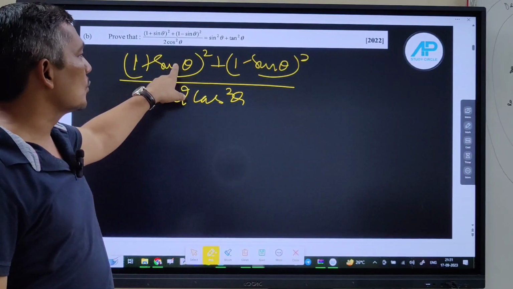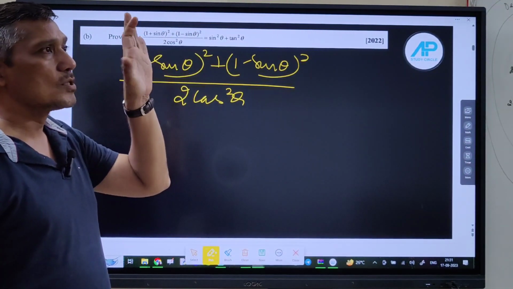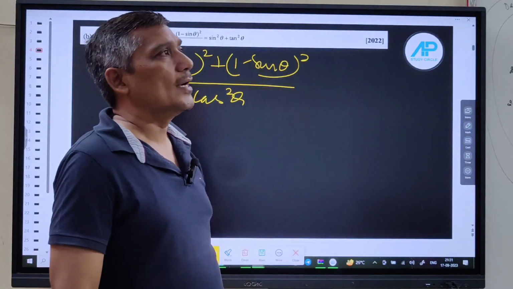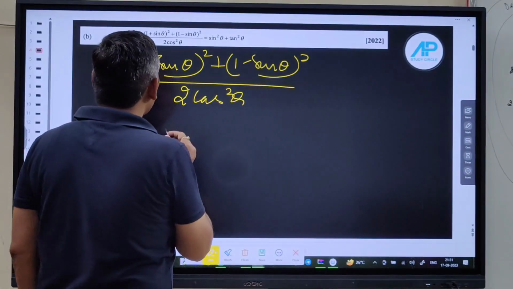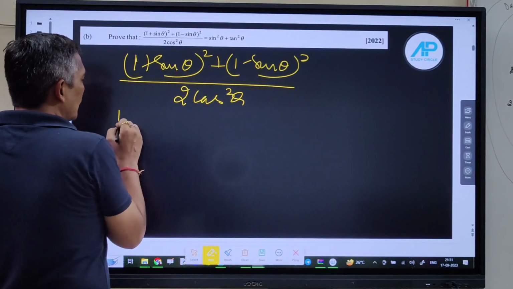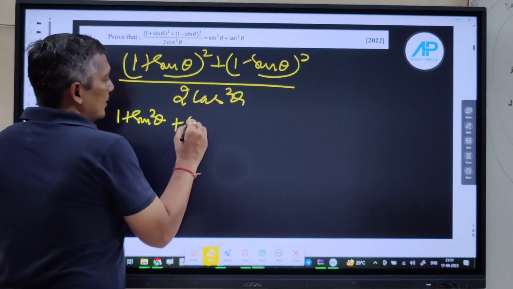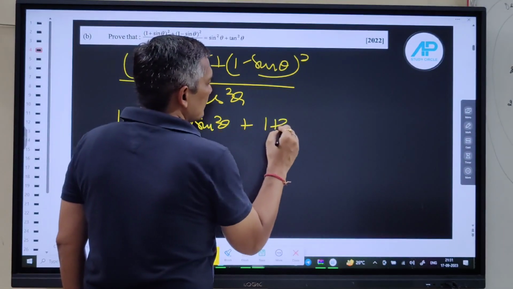It is 1 plus sin square plus 2 sin, 1 plus sin square minus 2 sin, plus 2 sin and minus 2 sin is cancelled. What is left? 2 plus 2 sin square theta is left only. So, but I am doing it completely for you. So, what I am doing is that I am opening the square 1 plus sin square theta plus 2 sin square theta